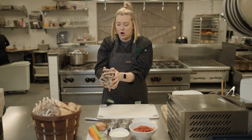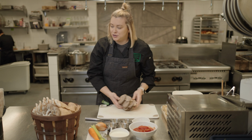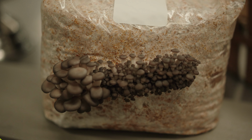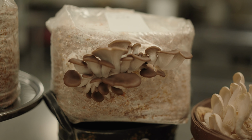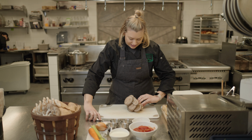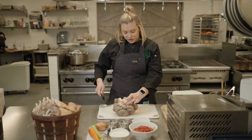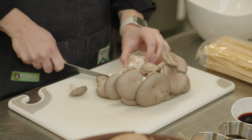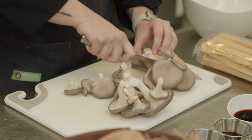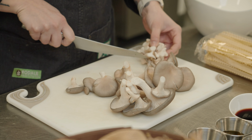So these ones here are our blue oysters. As you can see, that's what's right here, and that is them starting to pin. So that's what happens when they first start growing. These are our Italian oysters here. So they look a little bit different, but they both have really great flavor. So we're just going to cut them off of the root. And then we're going to dice them up so that they kind of look a little bit like ground beef